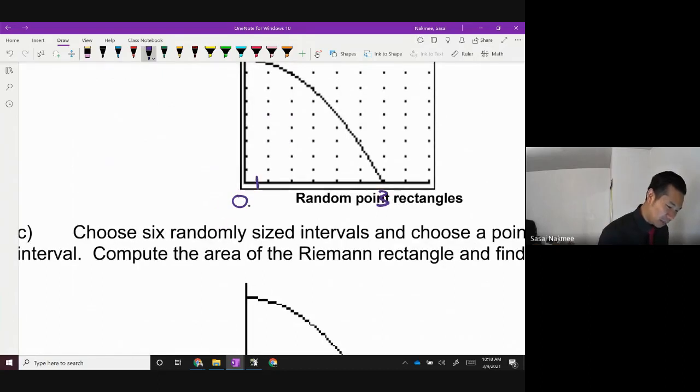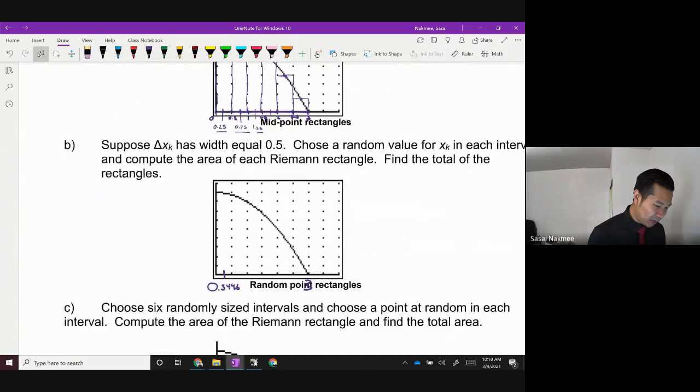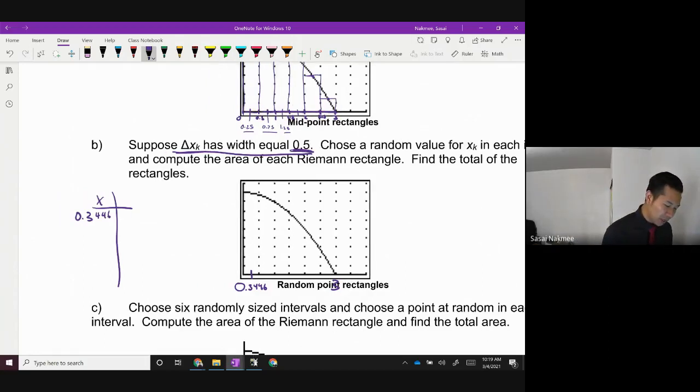So let's go right here. This point right here, this random point of 0.3446, right? So if I use that as my x value, but my delta x is still 0.5, guess what the next one's going to be? So my first x value in my x list right here would be 0.3446 because David is typing out that number for me. Oh, Emily went with 2. We could have gone with that too, but it's a little bit easier to see when we put these little decimals here.